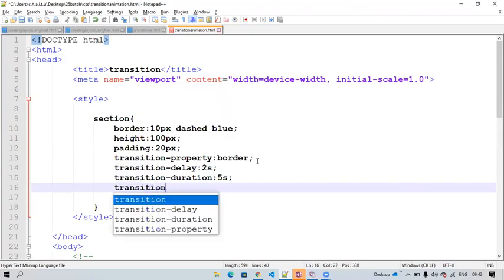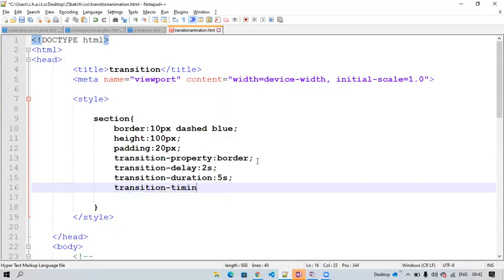When it comes to transition timing function, we can make it linear. We have ease in, ease out, and linear. What is this ease in? Ease in means it is going to start slow. Ease out means it is going to